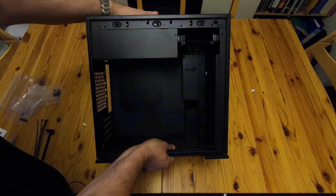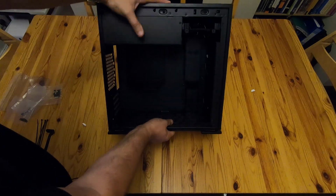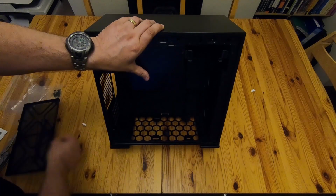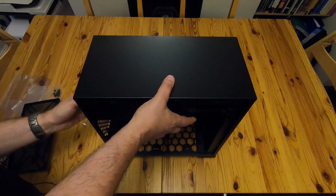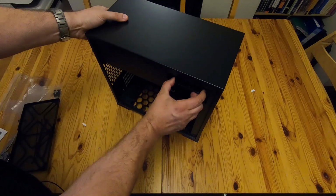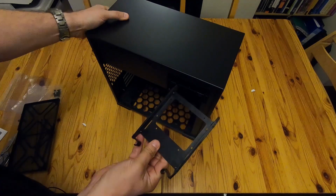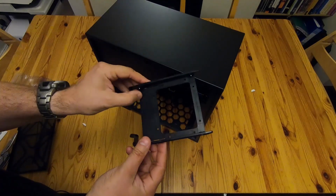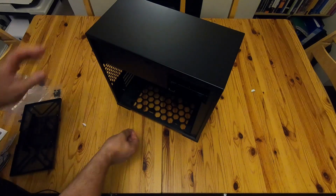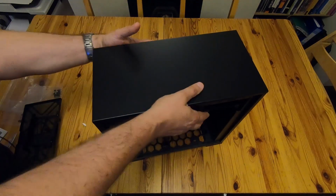And then internally there's a dust filter for the bottom fan intake. Doesn't have a space for a CD drive. One drive caddy, so 3.5 inch, and there's also space there for 2.5 inch. Around this side